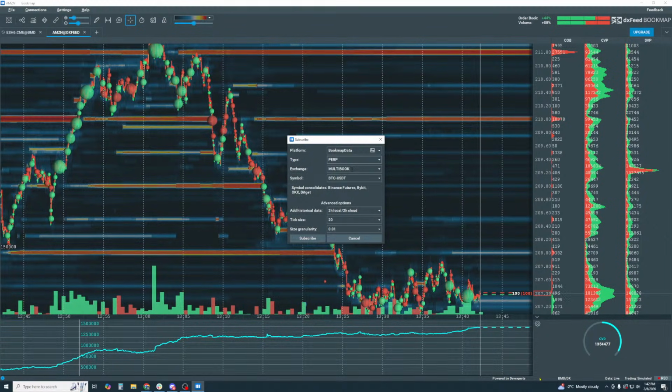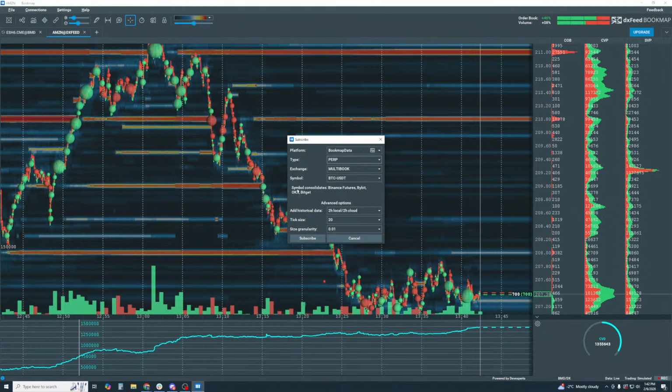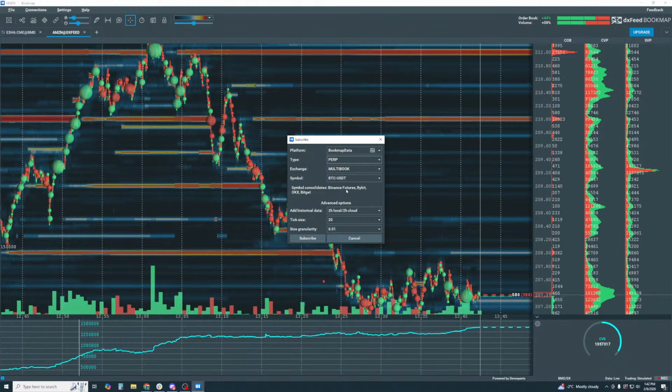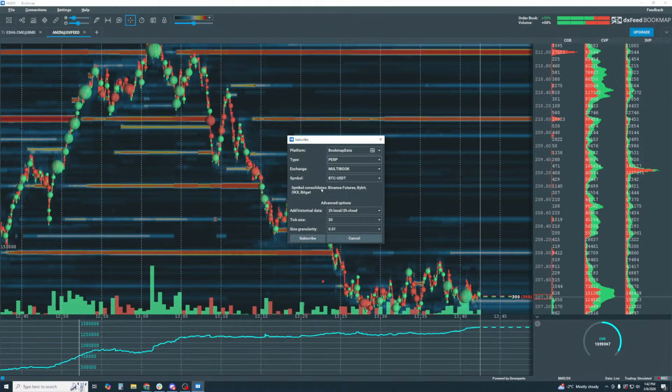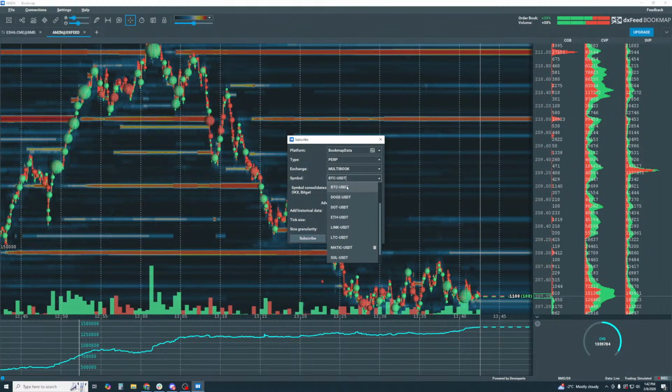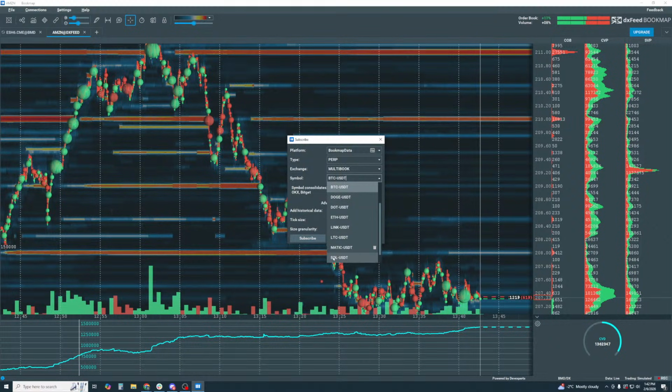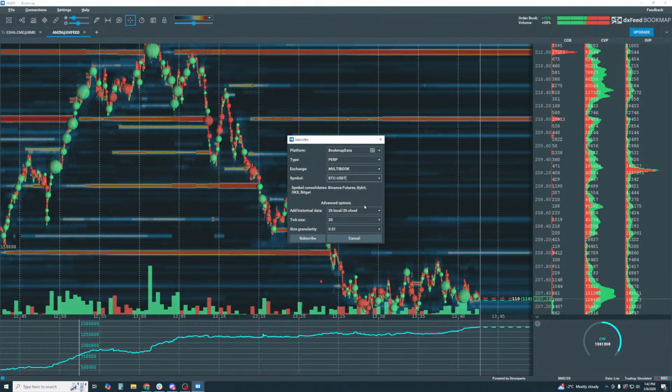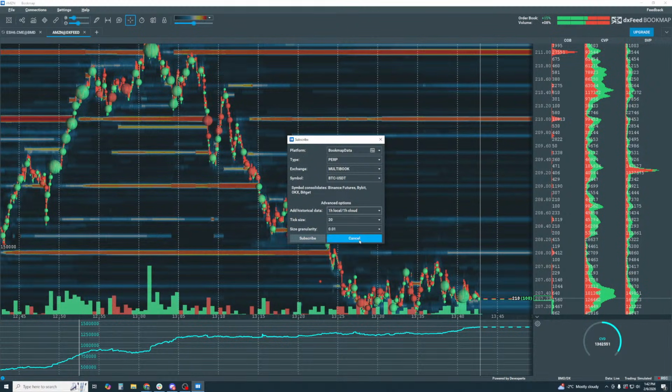The exchange, meaning that we created this, and it's a consolidation of 4 different exchanges here: Binance Futures, Bybit, OKEx, and BitGet. So all 4, right? And for the symbol here, click on the drop down, select what you want. Here's Bitcoin, Tether. You can go with Doge. You can go with DOT. You can go with Solana, whatever it is. Let's go with Bitcoin. I'm kind of curious to see what it is at the moment. And then here you can click on more data here. I'm just going to go again with 1 hour of cloud data.